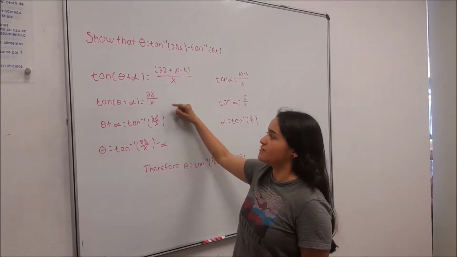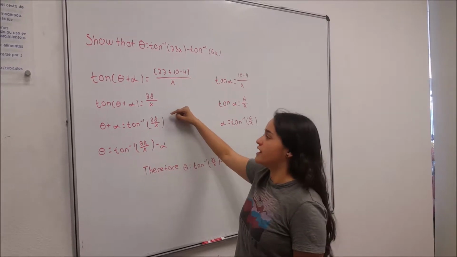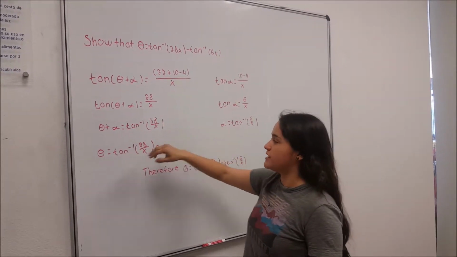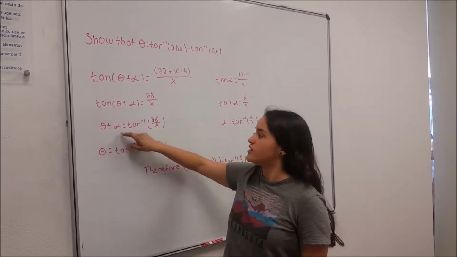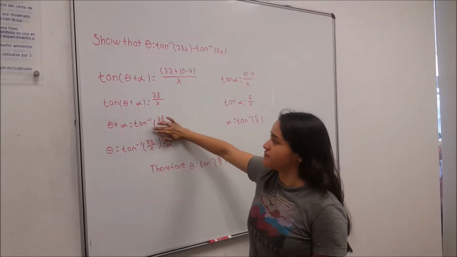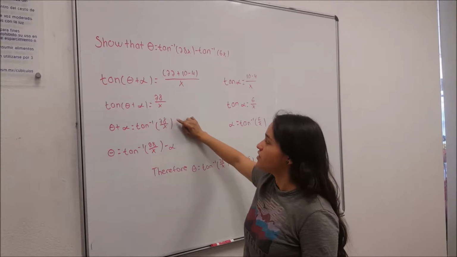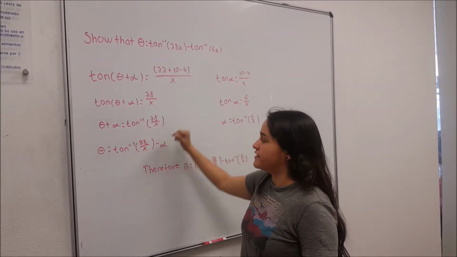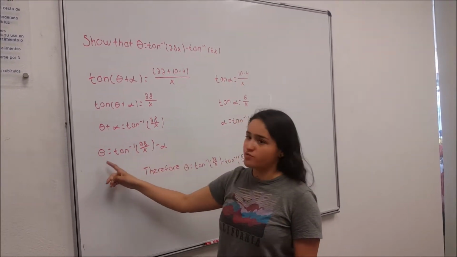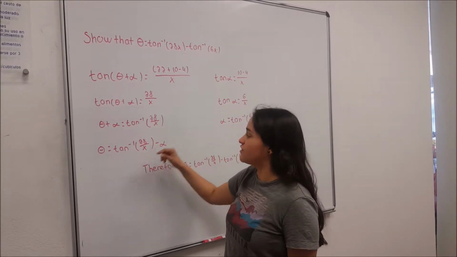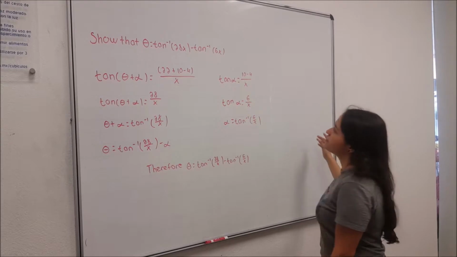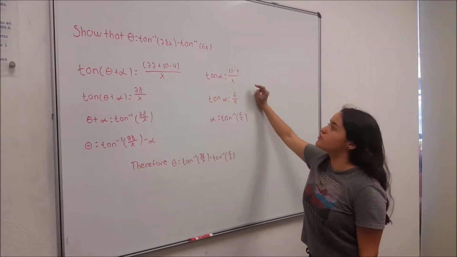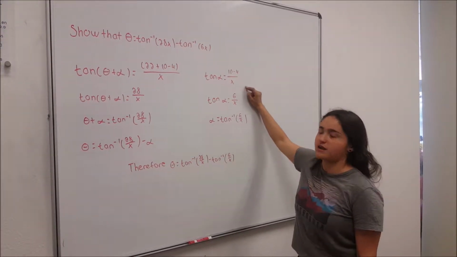So tangent of theta plus alpha would be 28 over x, and then you have to leave this angle alone. So first you have to do theta plus alpha equals inverse tangent, to eliminate the tangent of 28 over x, and then you only leave theta alone, which would be inverse tangent of 28 over x minus alpha. And on the other hand, you do tangent of alpha, which would be 10 minus 4 over x, and then